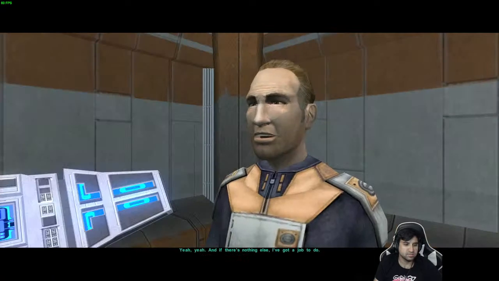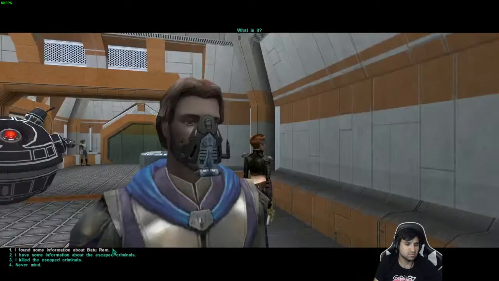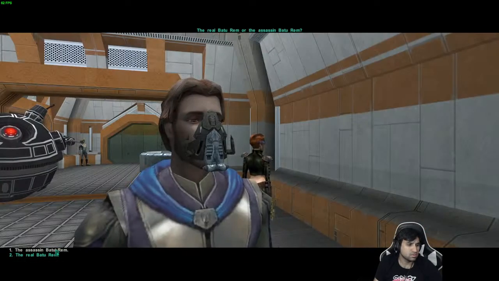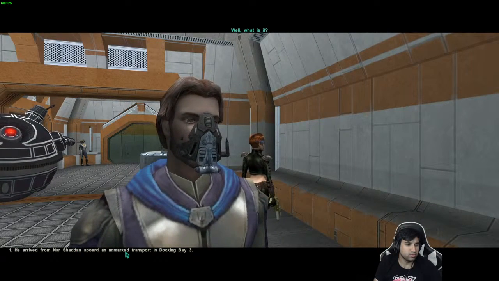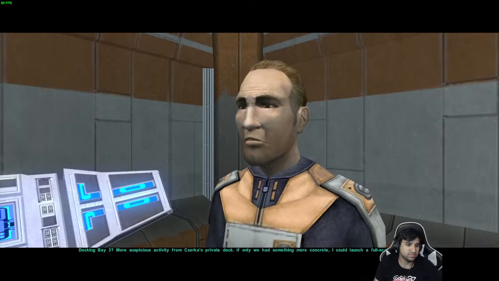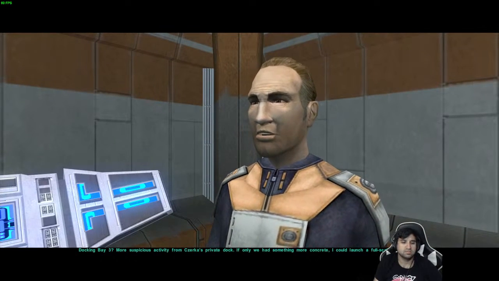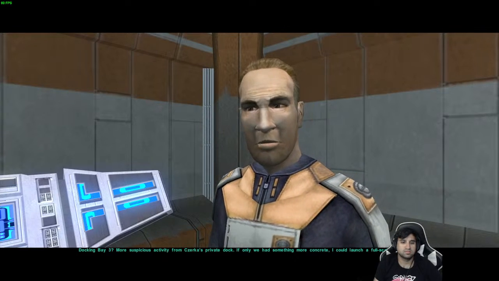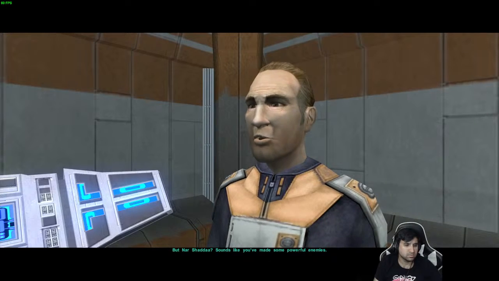Well, thanks for that. And if there's nothing else, I've got a job. What is it? The real Batu Rem? The assassin. He arrived from Narshad aboard an unmarked transport in Docking Bay 3. Docking Bay 3. More suspicious activity from Zerka's private dock. If only we had something more concrete, I could launch a full-scale investigation. But Narshad? Sounds like you've made some...